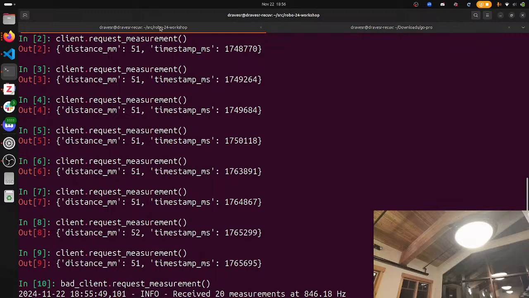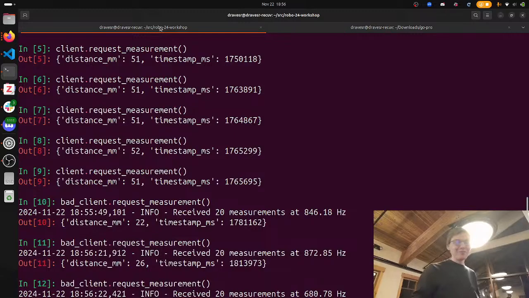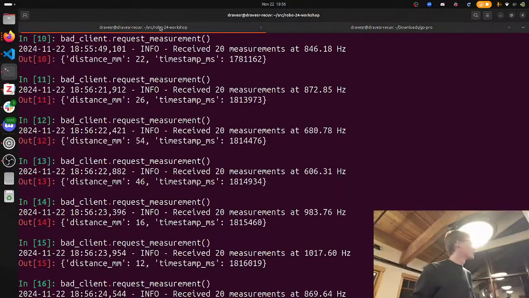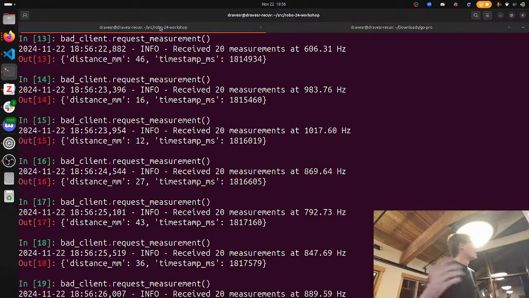If you play video games, you would appreciate that rate of 846. If you are used to high-frequency sampling, you'll be really sad about that number. We can run that a few more times as well, and we'll see that we get answers all over the place. We get anywhere from 12 to, we had one that was bumped up to 43 and whatnot. It's just not giving you a good answer. And it's running between like 600 and 1,000 hertz, which is quite impressive and also way too fast.